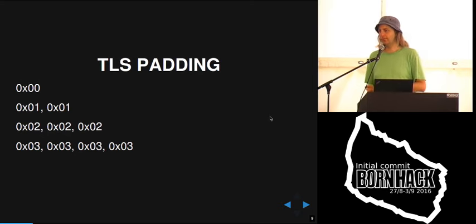If it's 1 byte, then it's just a 0. If it's 2 bytes, then it's 2 1s. And if it's 3 bytes, then it's 3 2s. So it's always like 1 byte more than the number you have here. And